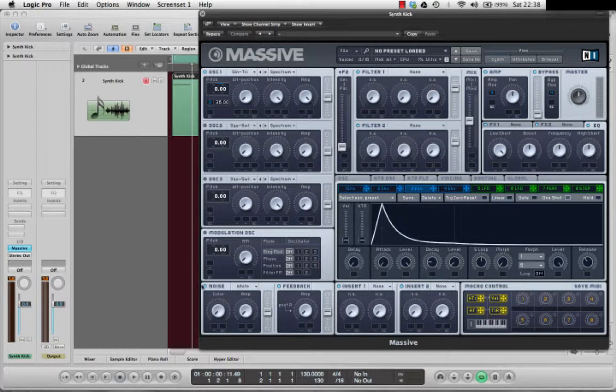Now to do this you're going to use the noise oscillator down here. So the first thing you want to do is set it to bright noise and then set the colour all the way to the side. This means you get a very high pitched noise rather than a lot of low frequencies. And if I just turn off the first oscillator, you can hear what it sounds like if I just turn